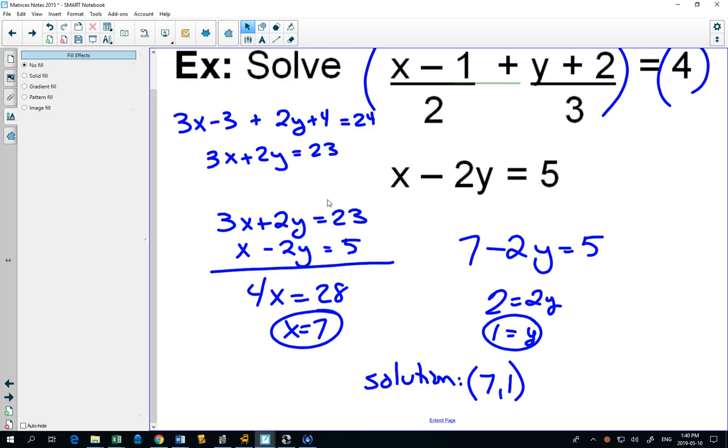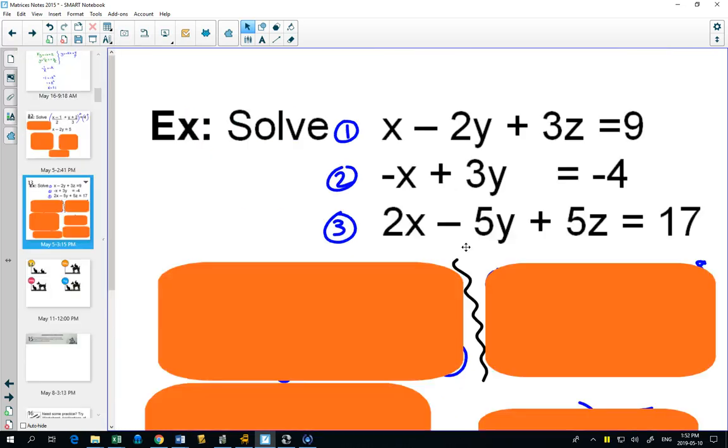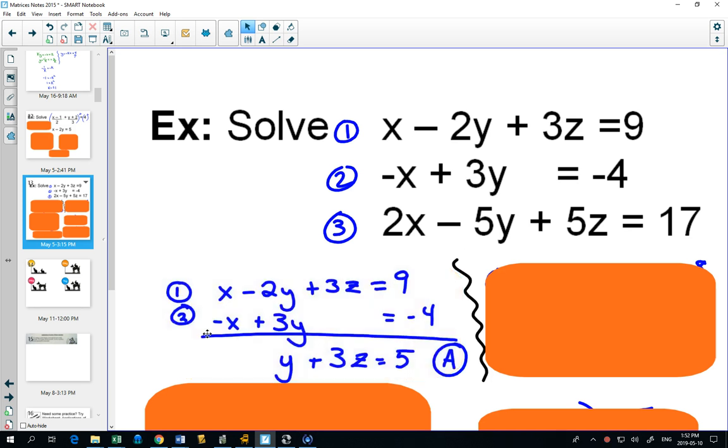Perfect. Now, the next question has 3 equations with 3 things you don't know. Not sure if you've solved those before. If you haven't, you're going to try. This is a common technique using elimination. The idea is right now we have 3 equations, and I numbered them 1, 2, and 3, with 3 unknowns. If I take 2 of those equations, for example, equation 1 and equation 2,